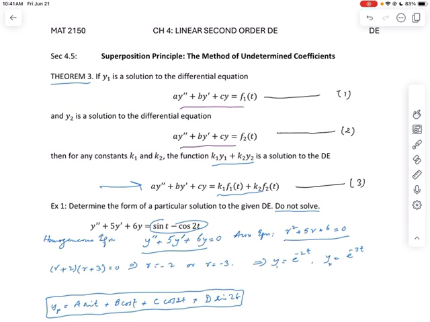So the left side is the same, but on the right side we have two different functions, and k1 and k2 are some numbers, and y1 and y2 are some particular solutions of equation 1 and equation 2 respectively. Then the linear combination with k1 and k2 of these two functions will be the solution for an equation like this,